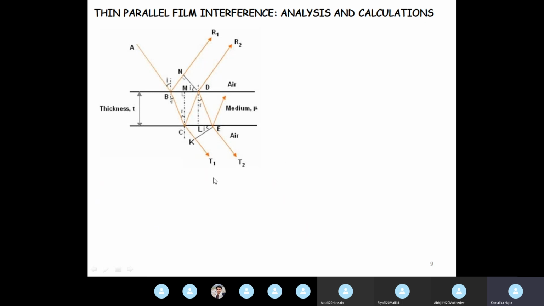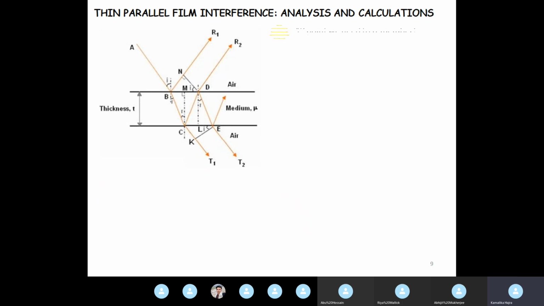And again, we can write down the amplitudes and show that the same is the case in the transmitted mode. So again, we have drawn only the first two rays in the transmitted mode. And of course, there is reflection within the film too. So we are now going to do this analysis.